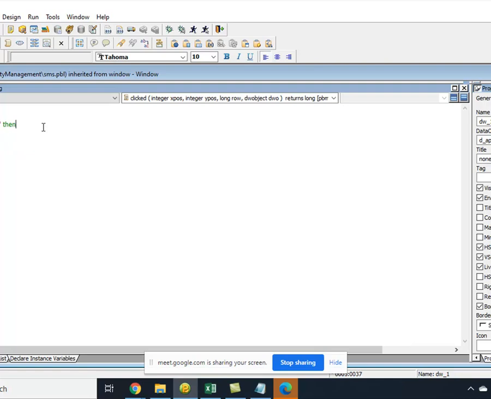Okay. So first I will make a sorting criteria. I'll make a sorting criteria. ls underscore sort. Okay. ls sort equal to, basically,